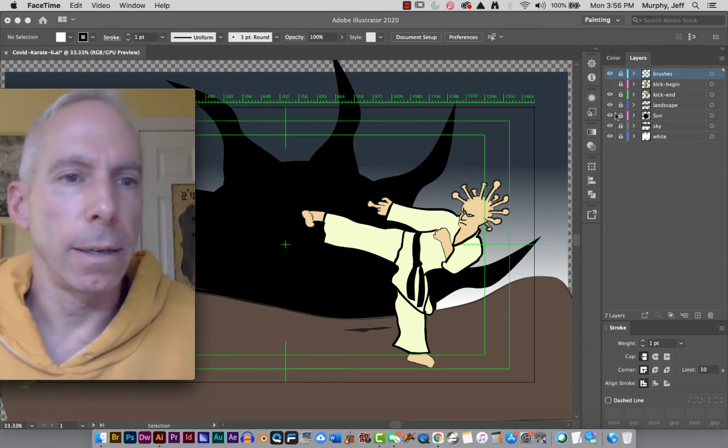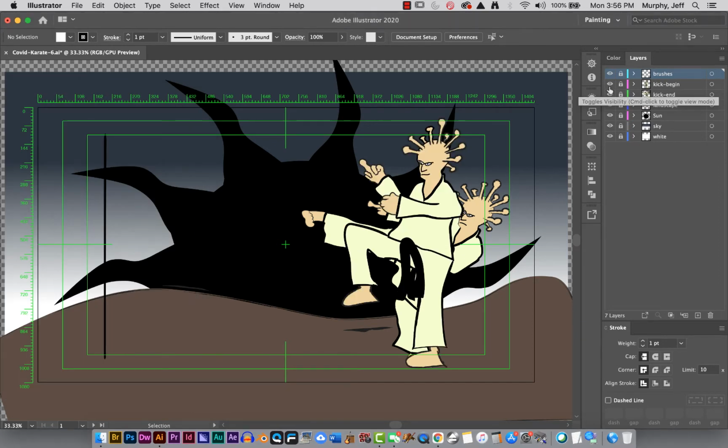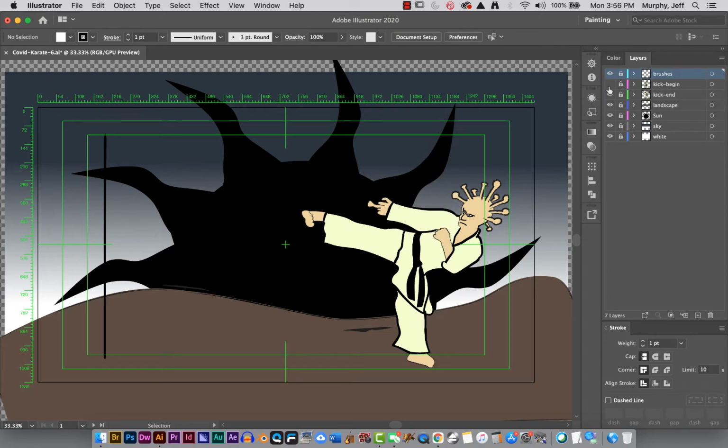I have my document set up here in Illustrator. And remember, I have 2 versions of this guy, so mine's a little more complicated because I have some frames that need to work together as he kicks. And I even have the brushes in here that I used to make my custom brush. It's over here and my white background. We're going to delete all of those in After Effects. I can delete them here if I want to, but the important thing is we save this